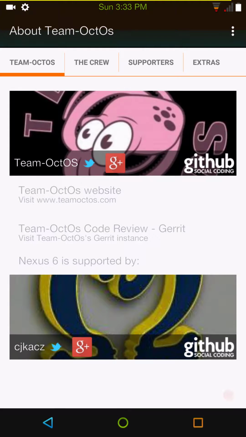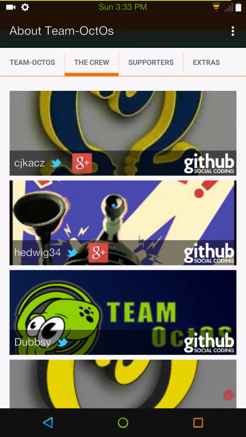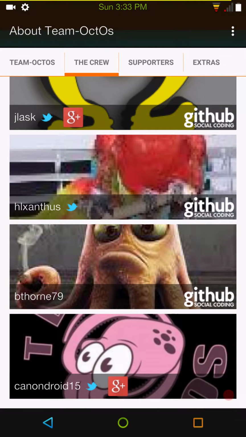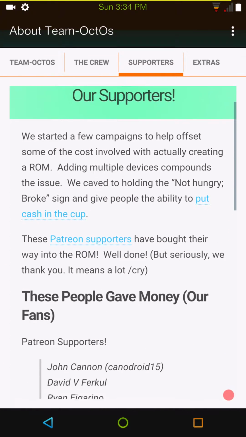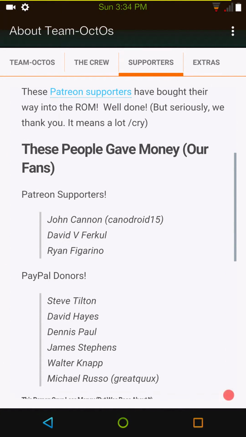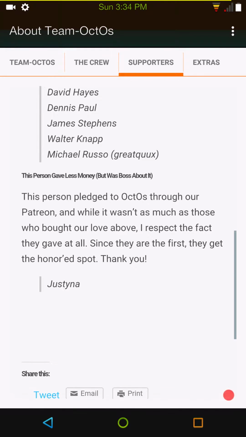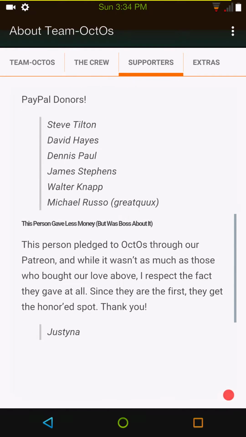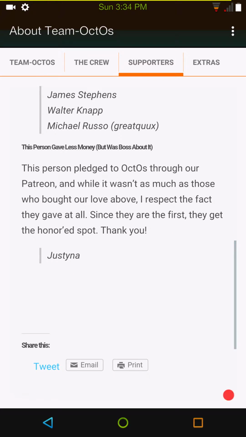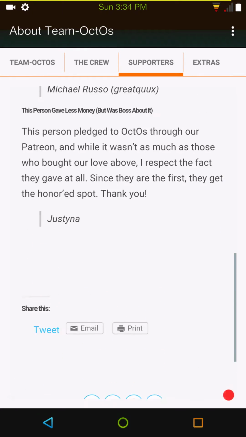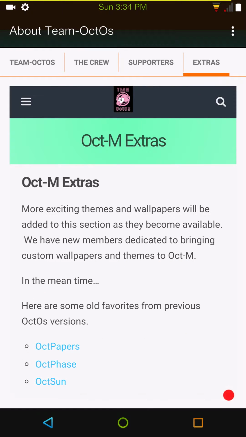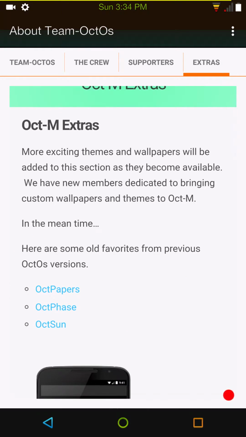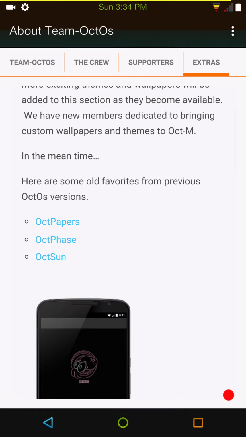This is going to give you pretty much information on the team, the crew. If you scroll over, it talks about their supporters, donators, people that have donated to the team. If you scroll on over, then of course they're going to have the extras. This is where you can get your OctOS wallpapers,